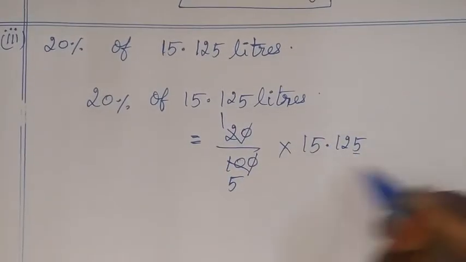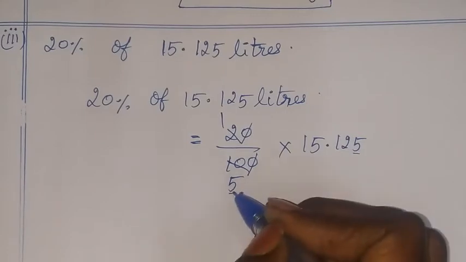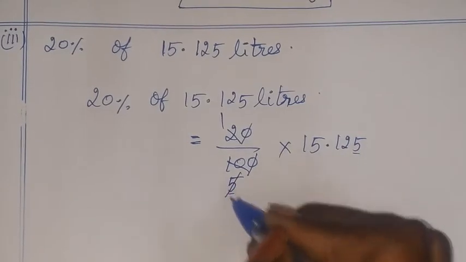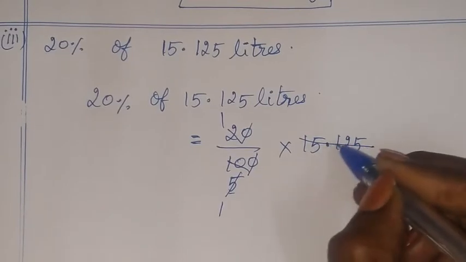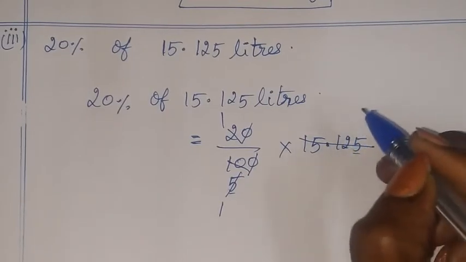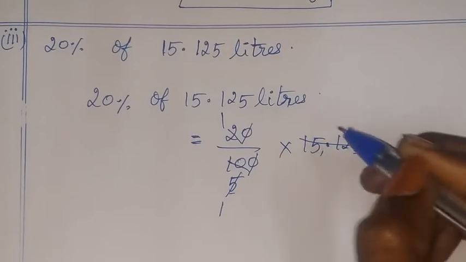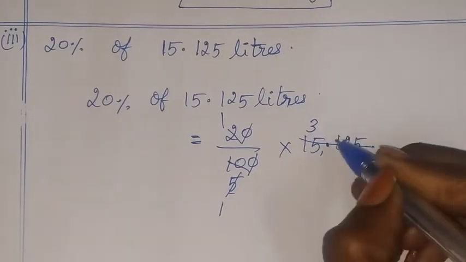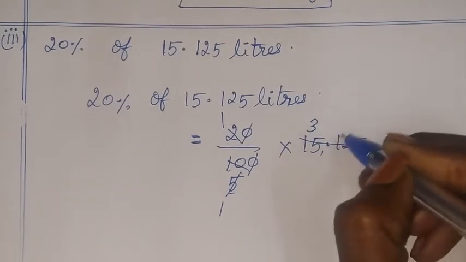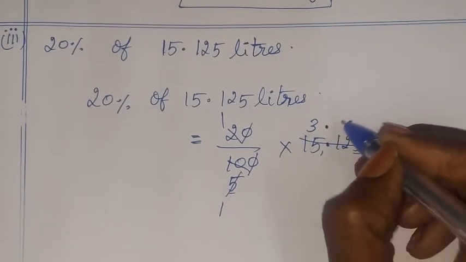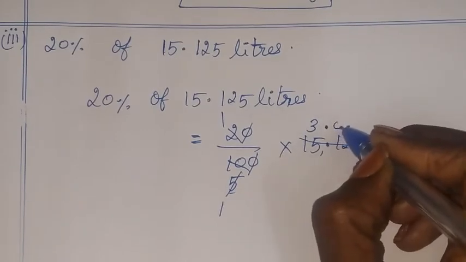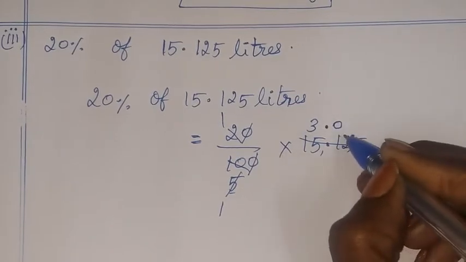Here also the number ends with 5 and here there is 5, so both will go in 5 table. 5 ones are 5. When a decimal point is there, how to simplify in 5 table, you see. First we have to choose two numbers. 5 3s are 15. Before choosing the next number, put the decimal point there. Here there is only 1, we can't choose for even 5 ones are, so put a 0 up and then choose the next number also.